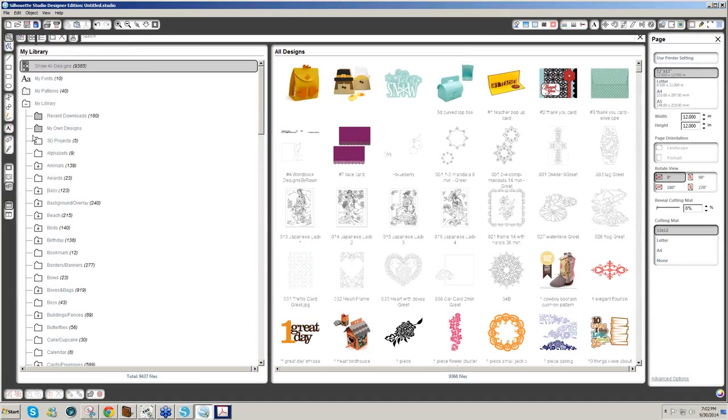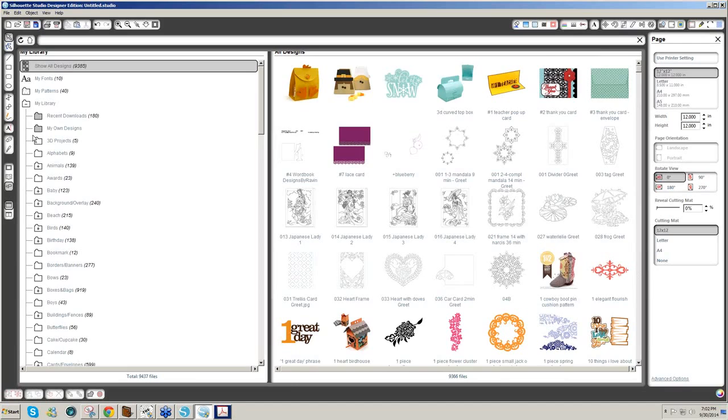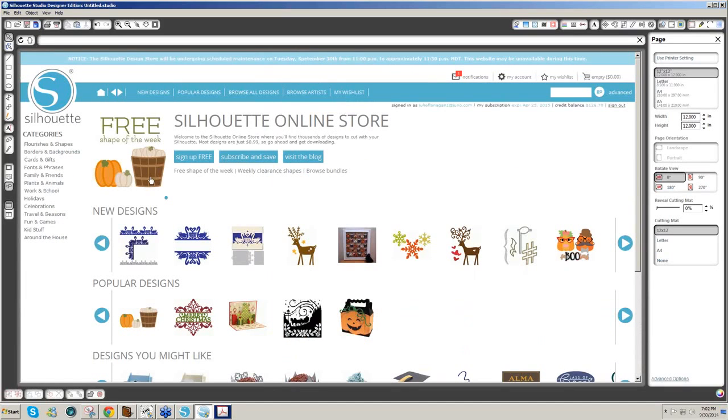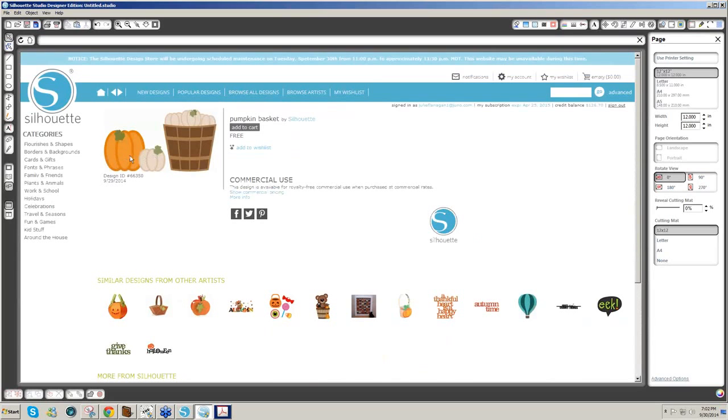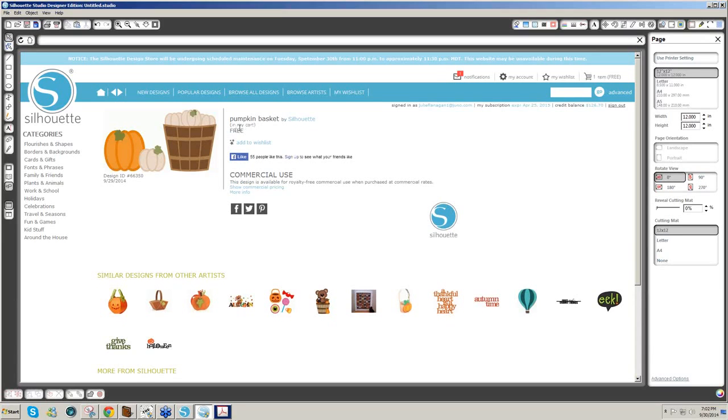You click on Purchase Online, and you go over here, and now this is the free file. So everybody can do this. You can practice your new skill. That's your homework. Go to Silhouette Studio, click on the free file, or Purchase Online, and then you just add it to your cart. Once you add it, it's free. So then you go to your cart